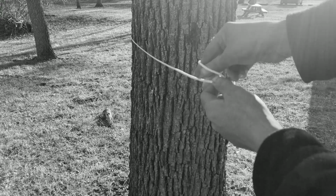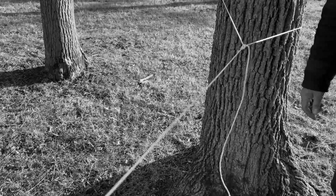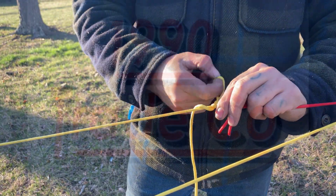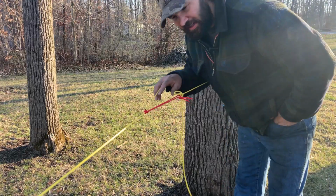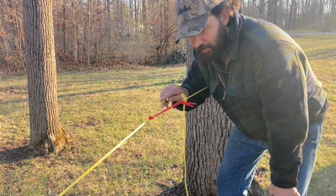Most of you have probably seen or heard of the trucker's hitch. I want to show you guys a different method I've been experimenting with here, utilizing a Prusik, which I think does have some advantages. So as you guys saw in the beginning here, I've utilized this Prusik to tension this Ridgeline with, and I'm